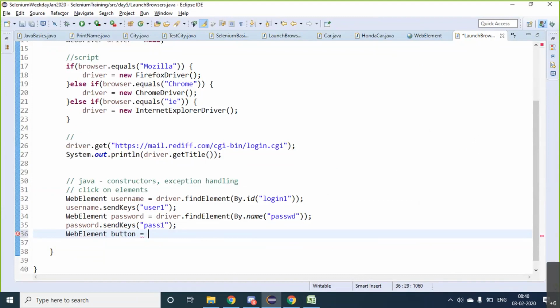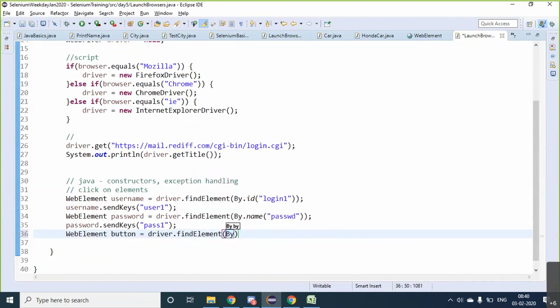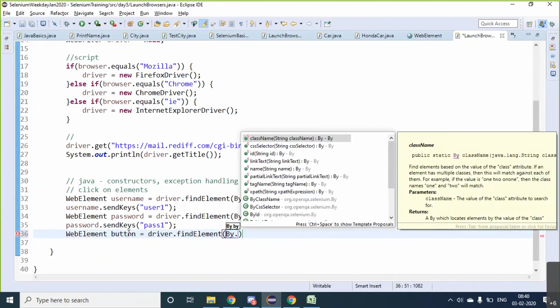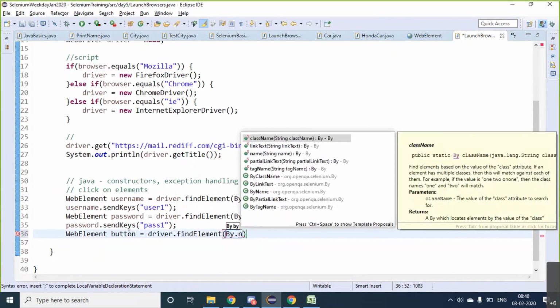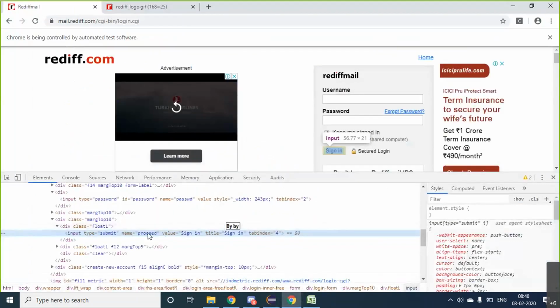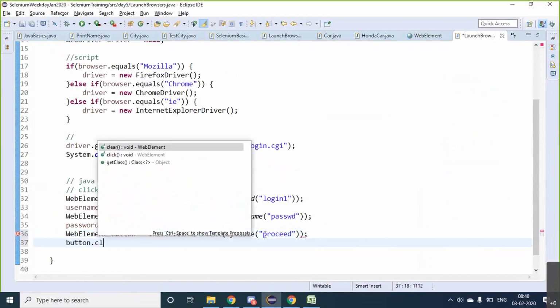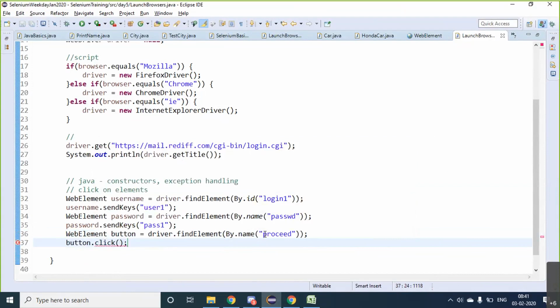So you can write driver dot find element by the name proceed, and button dot click. So when you run this code,